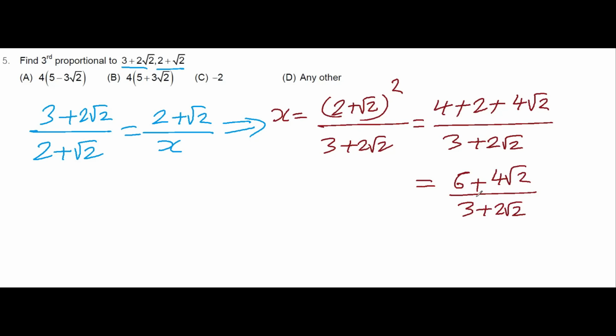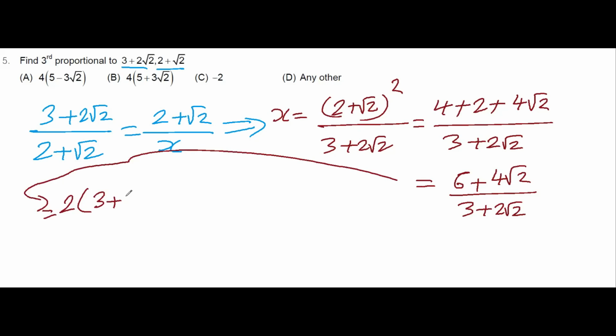So what I'll do, I am going to multiply by its conjugate. But before multiplying by its conjugate, let me take 2 as common from the numerator. So it will become 3 plus 2 root 2 divided by 3 plus 2 root 2. Oh yes, 3 plus 2 root 2 is getting cancelled. I am getting the answer as 2. So there is a printing mistake here. It should not be minus 2, it should be plus 2. So your answer is C. C is the correct answer. Got it?